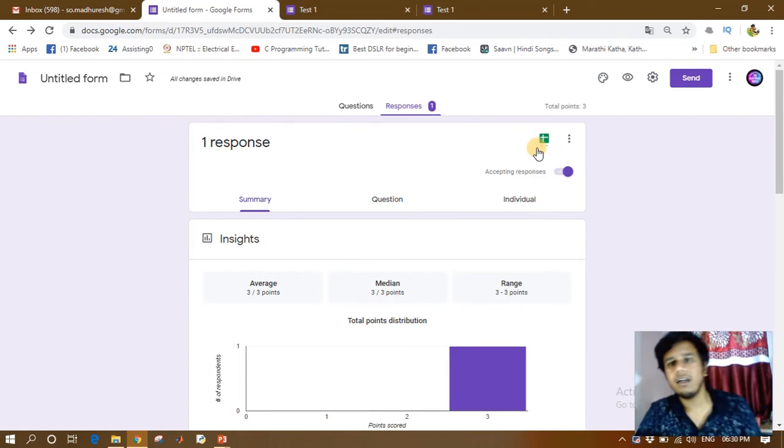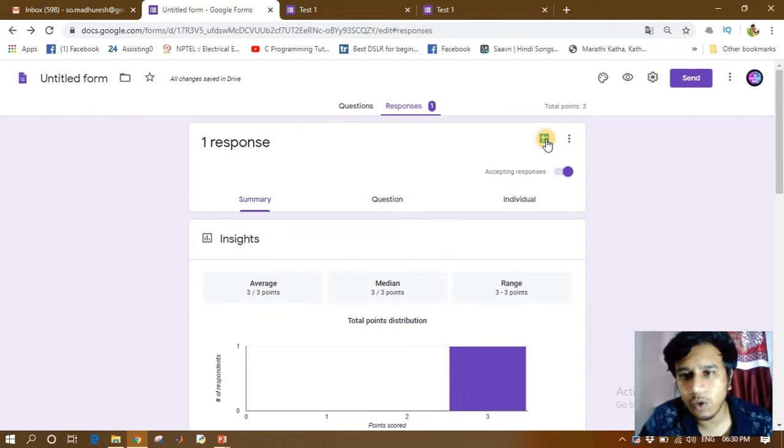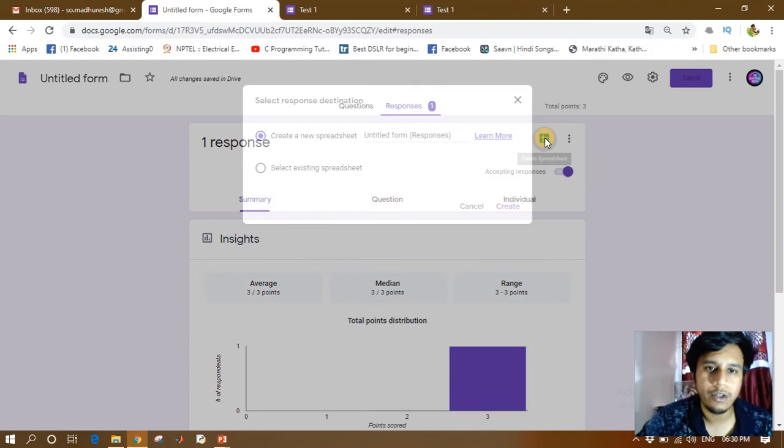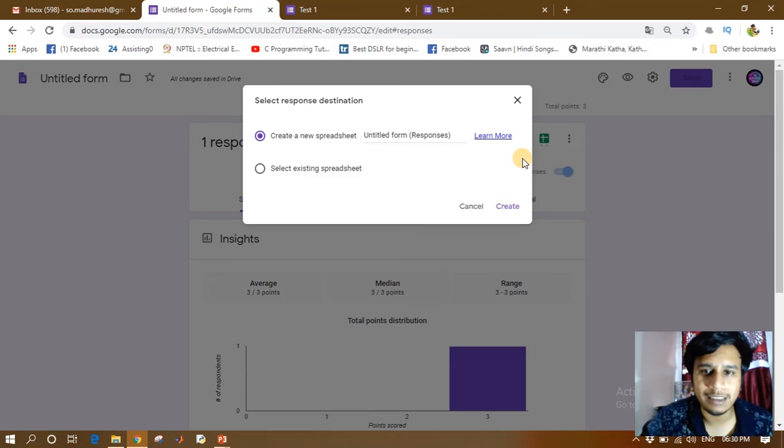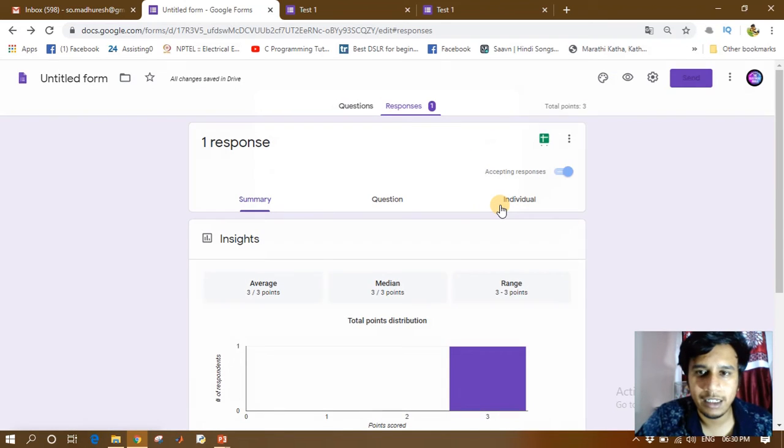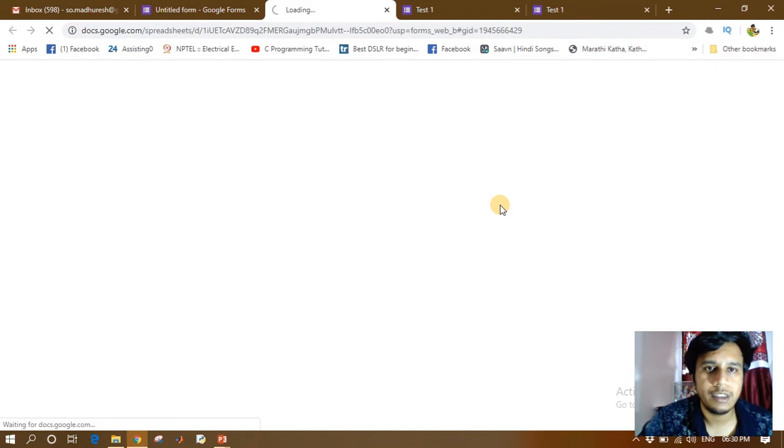And here if we just click over this part, an Excel sheet will be generated of all the answers. So here we need to create a new Excel sheet for test 1. We can just rename it, and we can create that Excel sheet. Now first it will open in Google Sheets.